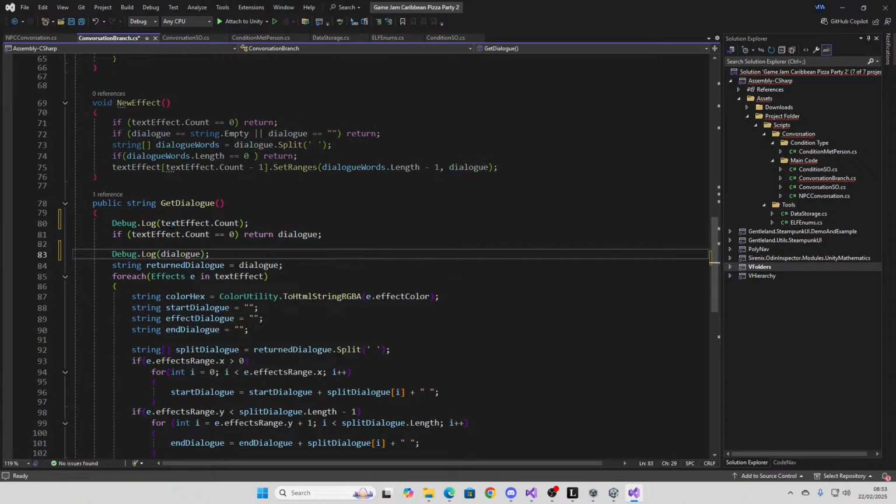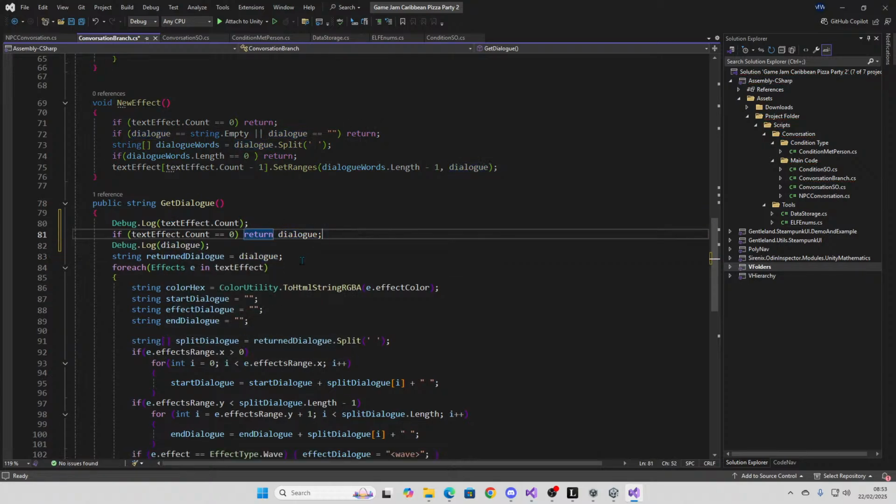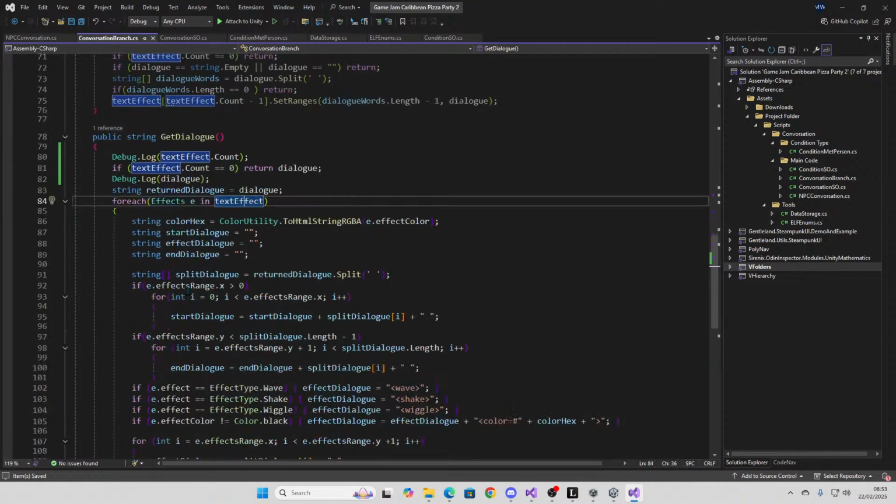And I'm going to return the dialog because that's what's being put into this. For each effect that it finds,